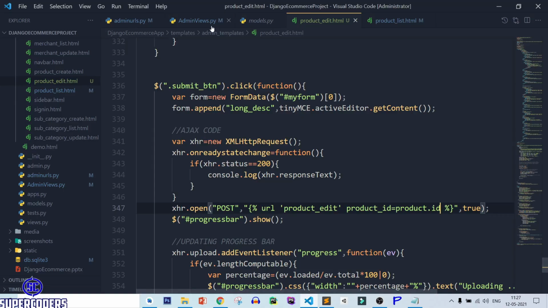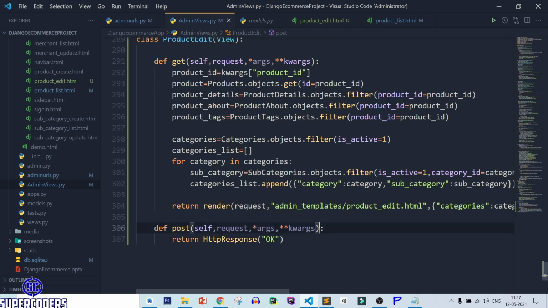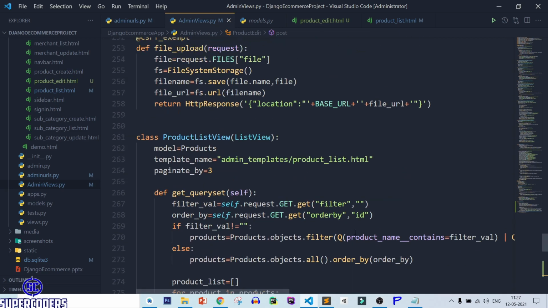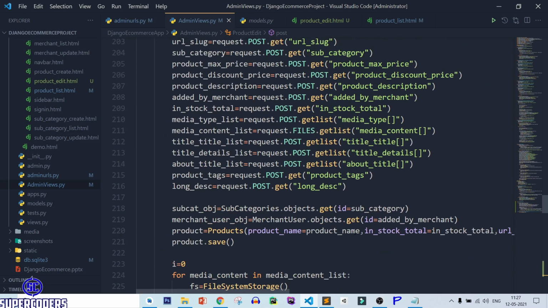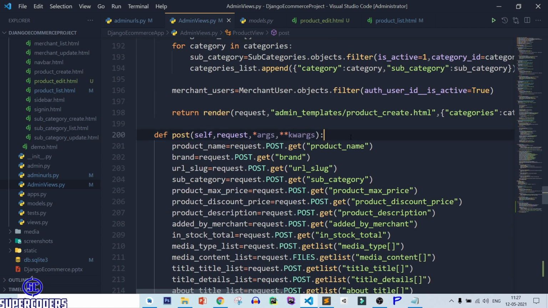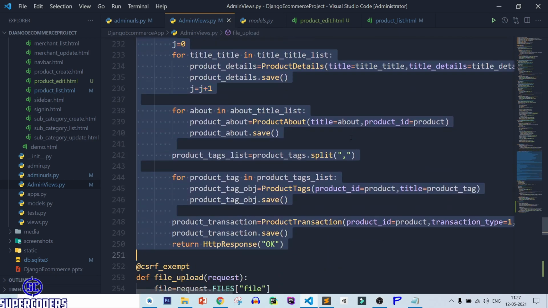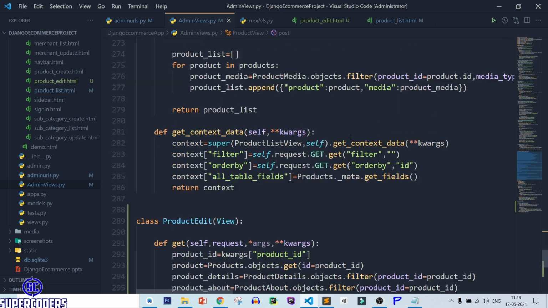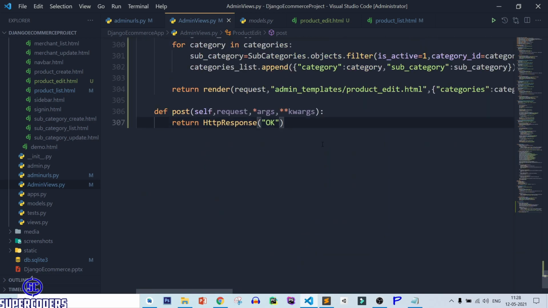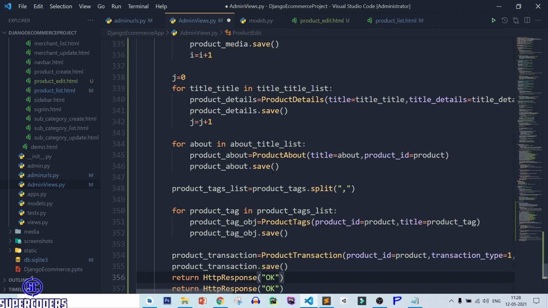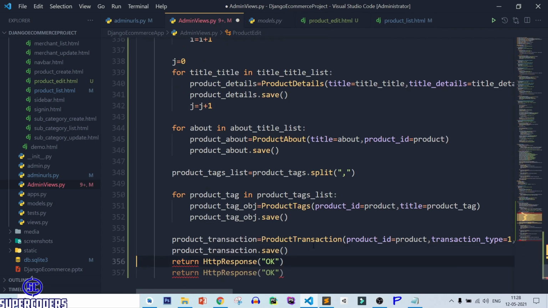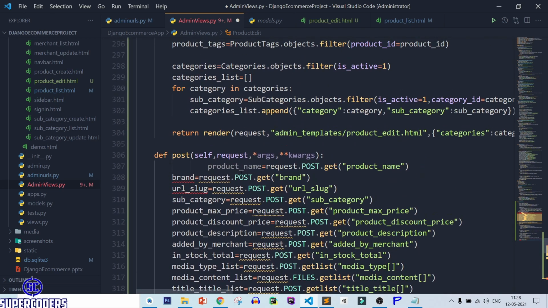So back to VS Code, and here in post method we need to save this data. So let's see, here I am just copying the code of product create. So just copy the code, come to bottom, paste it, remove the return message. After that,